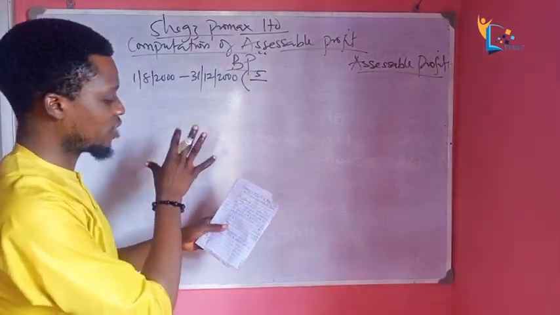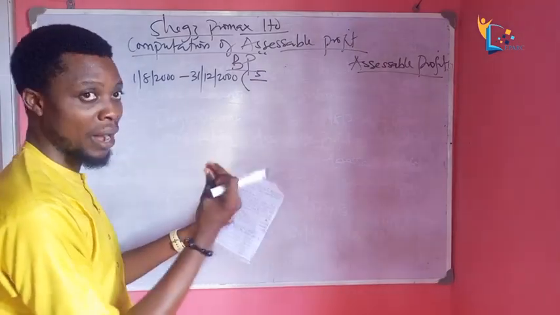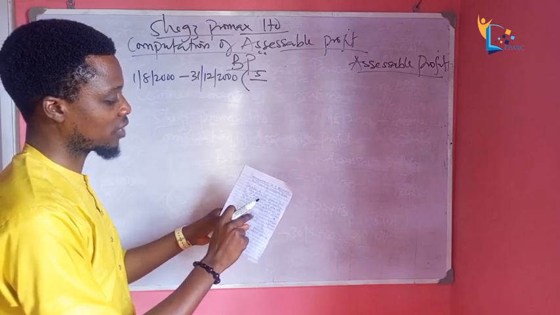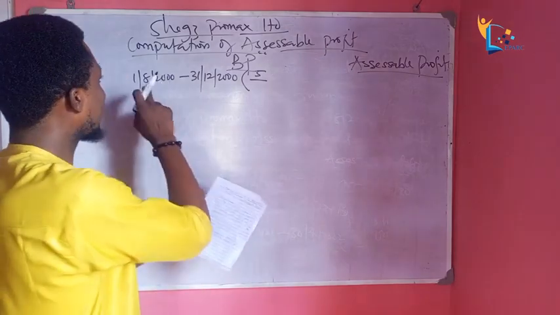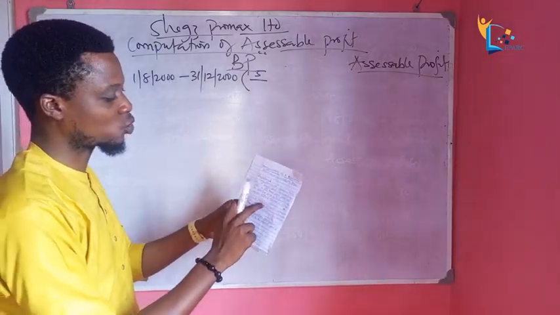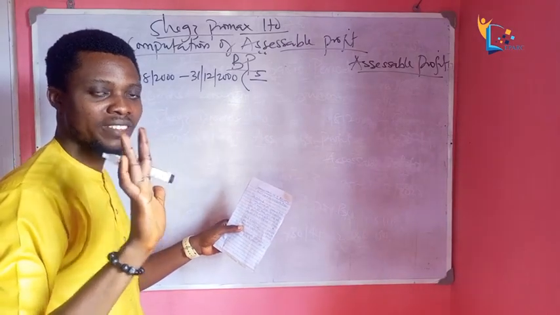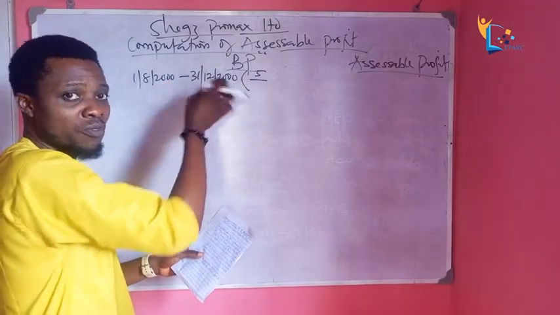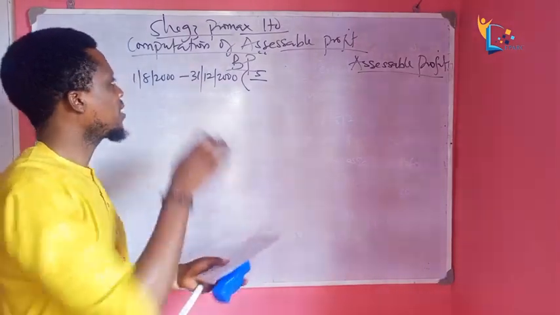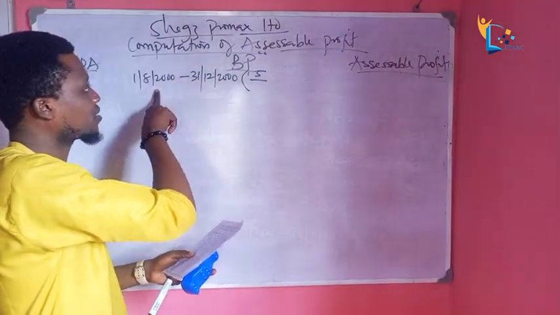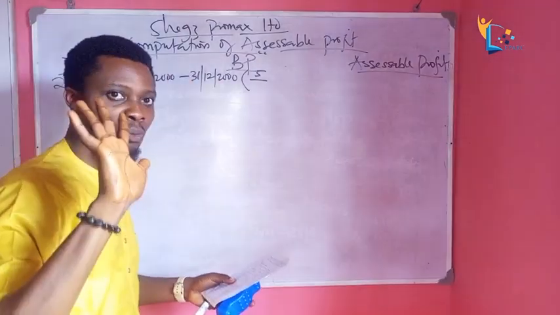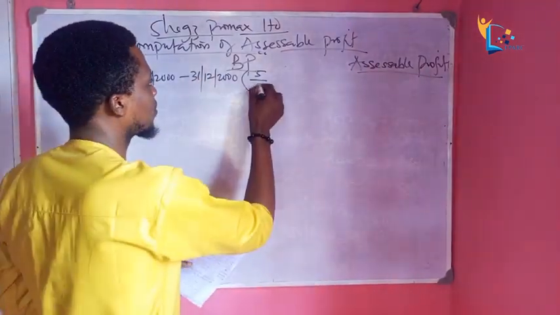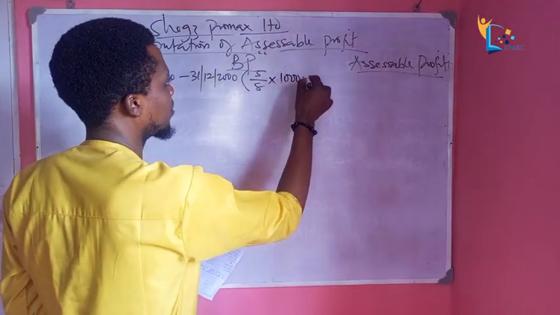Now, we don't have any entry for 2000, no value amount for 2000. We only have value for 2001, period to 31st March 2001. So from date of commencement to 31st March 2001 is 8 months. But since we are interested in the date of commencement to 31st December of that same year, from the period the business started to 31st December is 5 months. So we just take 5 months out of the 8 months. So 5 over 8 times 1 million naira.